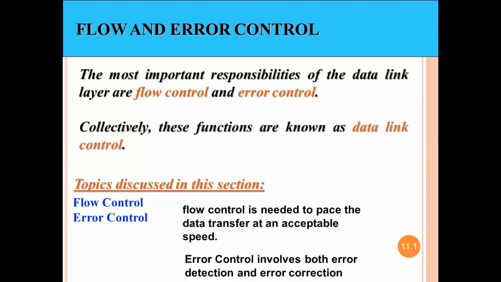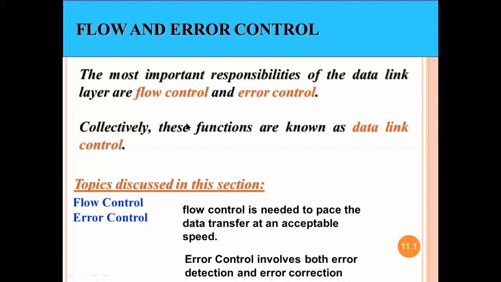So coming back to our topic, that is flow control and error control, which I discussed in the previous class. These are the two important responsibilities of the data link layer, that is, to send the packet in a controlled manner. If we are not sending packets in a controlled manner, then the receiver will definitely lose packets, and there is retransmission of packets, and because of that there will be more packets, inefficiency in the network, and there will be a delay. Lots of things are there.